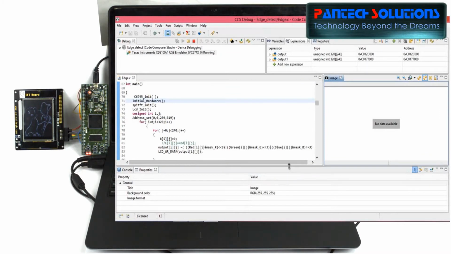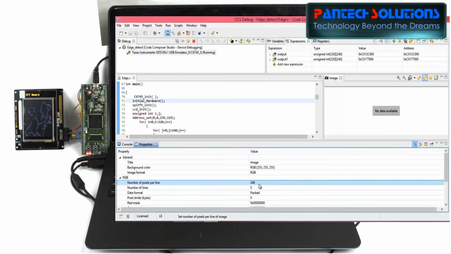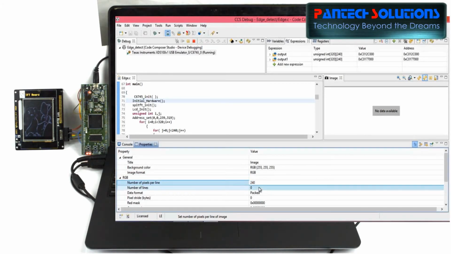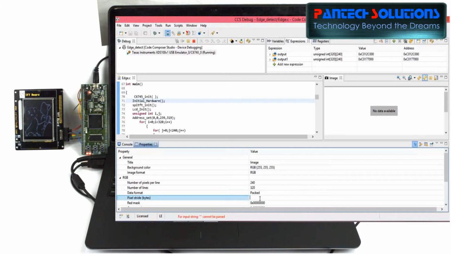So first of all we have to choose some parameters to display the input. So first we have to choose image format. Then we have to enter the number of pixels per line as 240 and number of lines as 320, and pixel strength is 4.